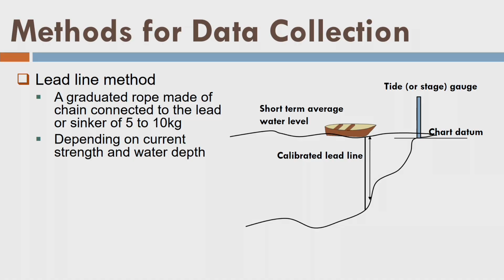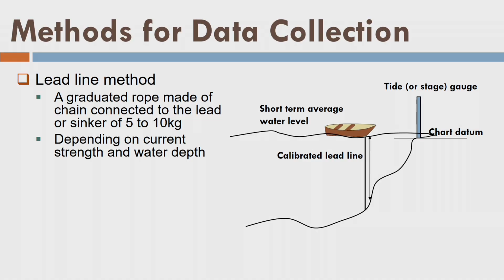So now we are considering some of the methods to introduce you how to do the measurement of the depth. So first is lead line method. Here there is a graduated rope, and now with the help of some heavy weight, 5 to 10 kgs, I am suspending that at a position where my buoys are located. So buoys are there on the water surface which is floating. So I bring my boat there, stop there and try to suspend the lead line.